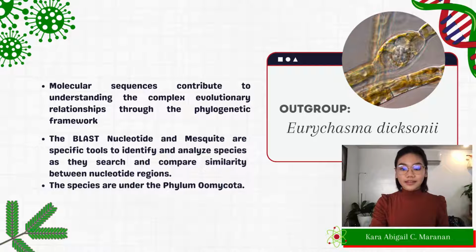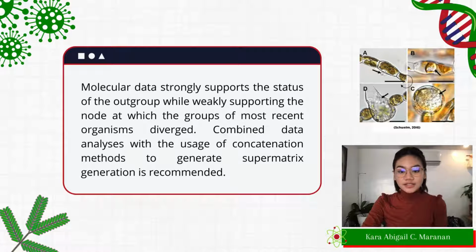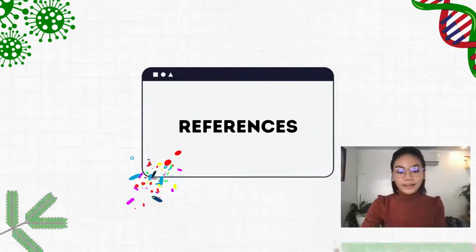Outgroups are important in the analysis of phylogenetic trees as they root the tree and produce an in-group of closely related species. Molecular data strongly supports the status of the outgroup, while weakly supporting the node at which the groups of most recent organisms diverged. Combined data analyses with the usage of concatenation methods for supermatrix generation is recommended. And finally,